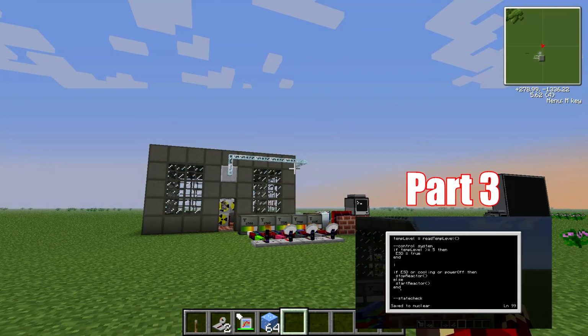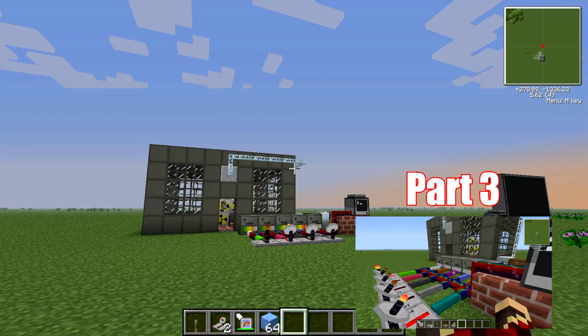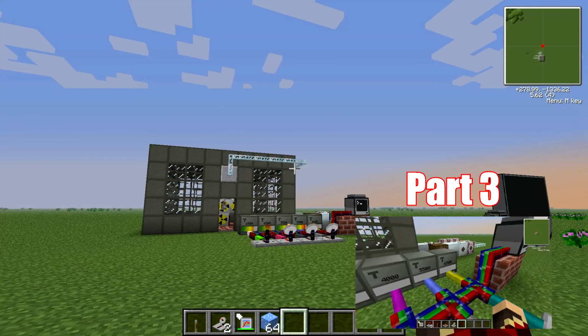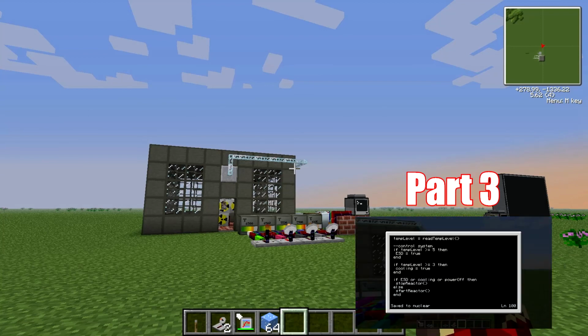Then we will have what will start the cooling: if temp level is greater or equal to 3, then cooling equals true. So this means if it's temperature level 1, 2, 3, if it's greater or equal to this, it will actually turn on the cooling, which will turn off the reactor. Okay,